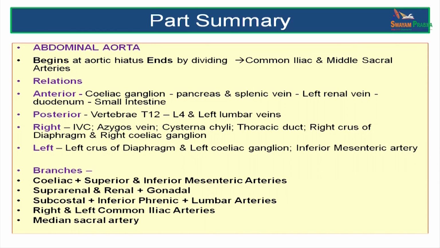Let's summarize what we have just learnt. We are talking about our subject today, which is the abdominal aorta. This abdominal aorta is a continuation of the thoracic aorta, which enters the abdominal cavity at the level of T12 through the aortic hiatus of the diaphragm. It then lies on the lumbar vertebrae and ends at L4 by dividing into 2 common iliac arteries and the